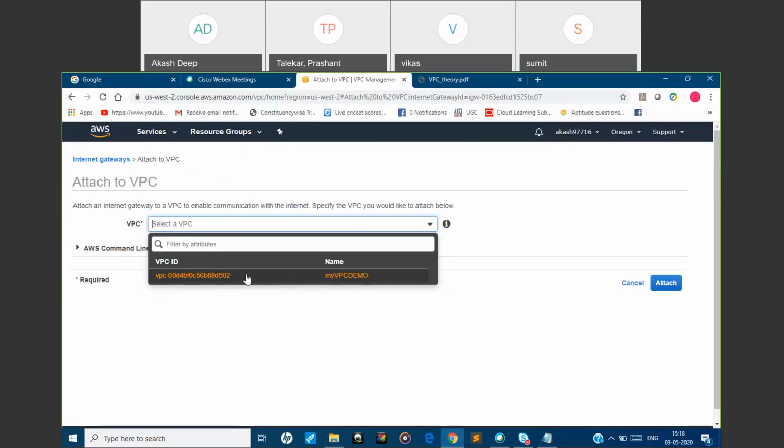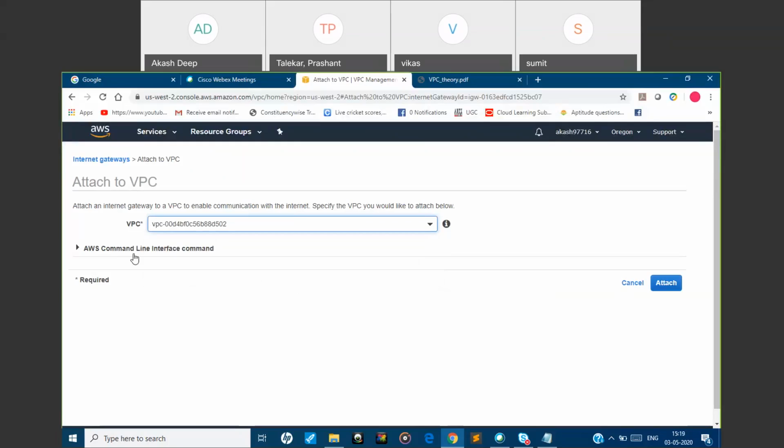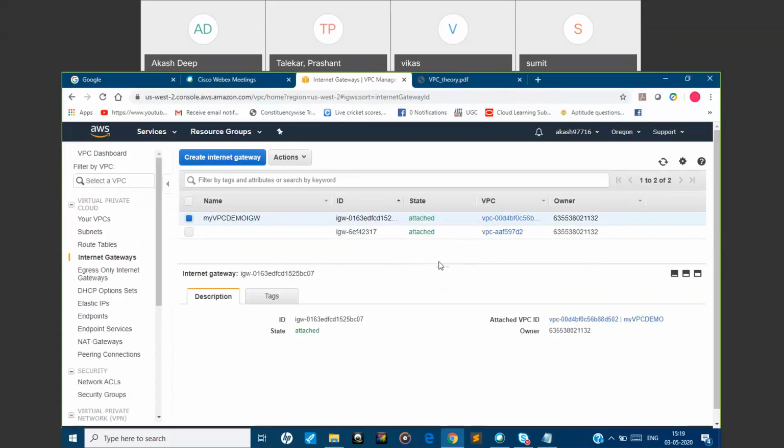So just go here, click, and if you had manually created multiple VPCs, you will be getting the complete list. As of now, we had created only one, so we'll click here and just click on attach. If you are able to see, the state has changed from detached to attached, right?